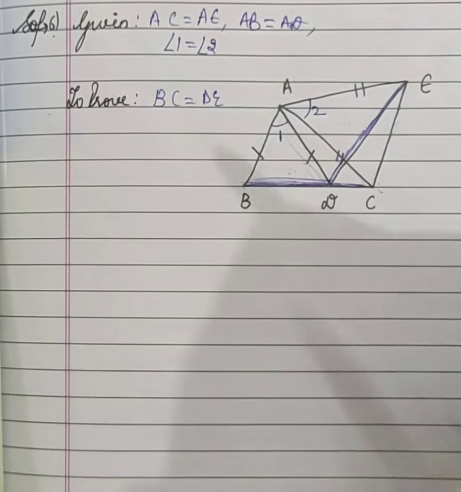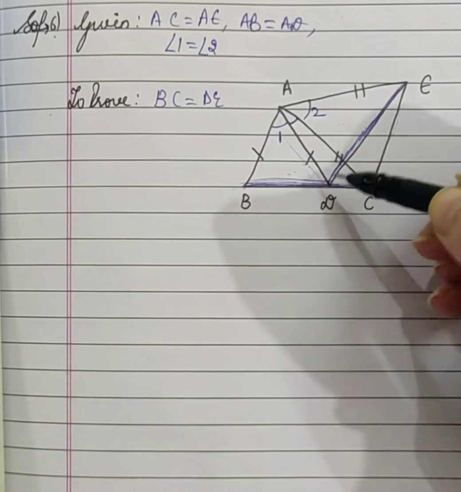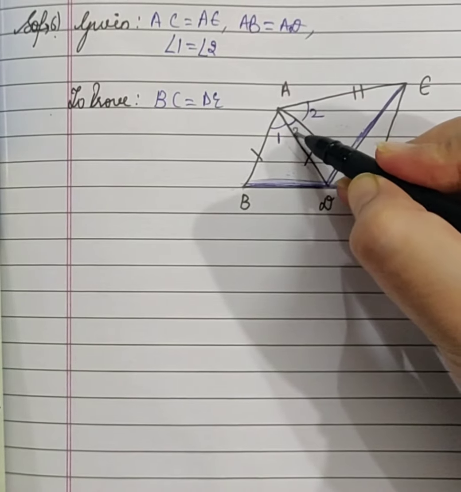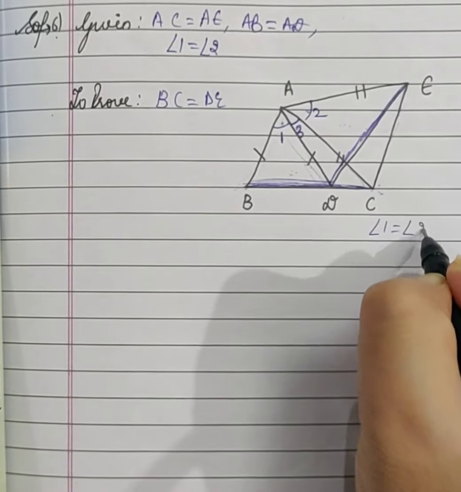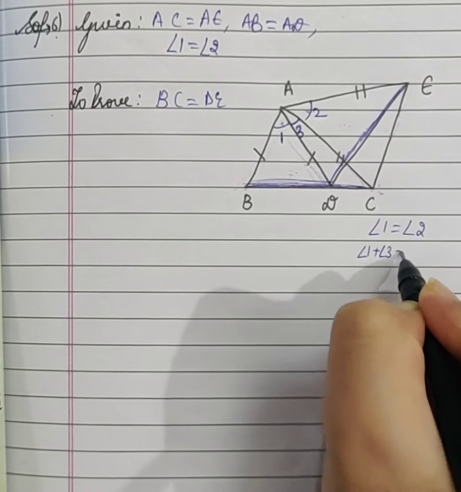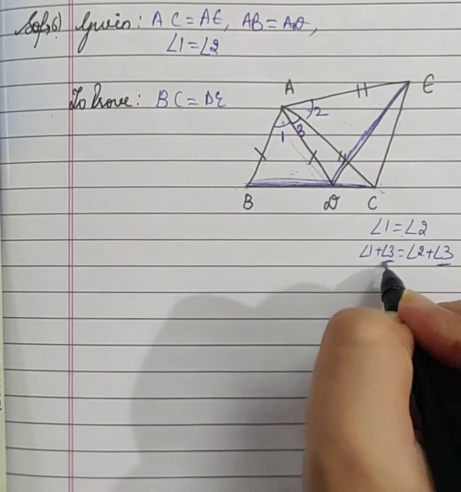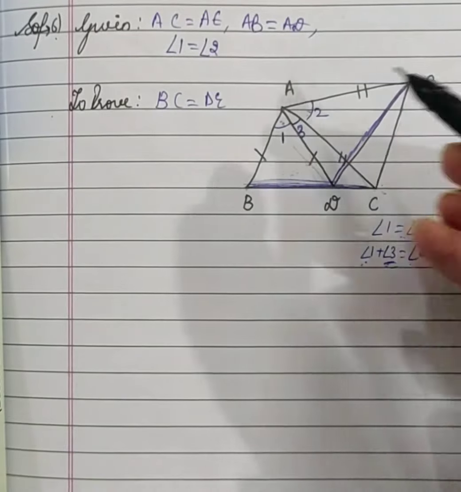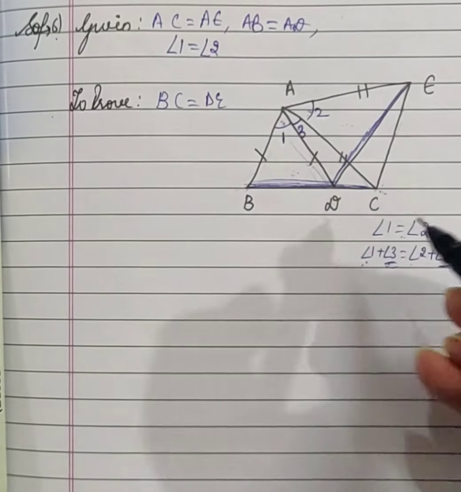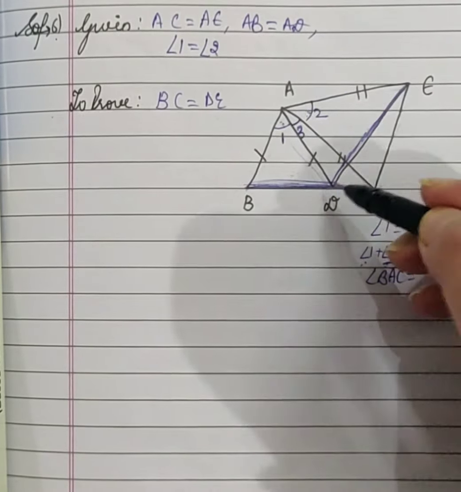but this won't give me the actual result. So for that, what we need to do is add this angle, that is angle DAC, to both the angles. Like we were given angle 1 is equal to angle 2, I'll simply add angle 3 to both the sides. We can easily add equals to equals. When equals are added to equals, the wholes are again equal. So we can add angle 3 to both the sides. Now what is angle 1 plus angle 3? It will be equal to angle BAC. And what is angle 2 plus angle 3? It will be EAD.